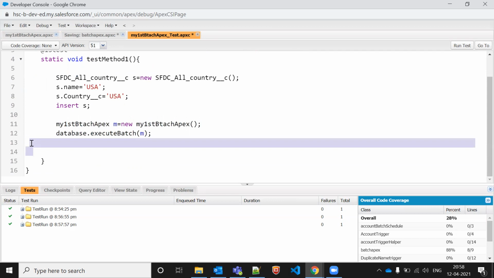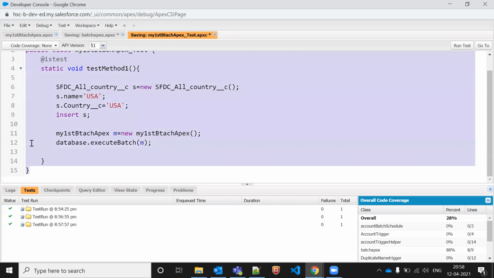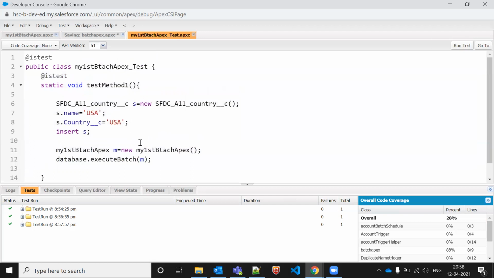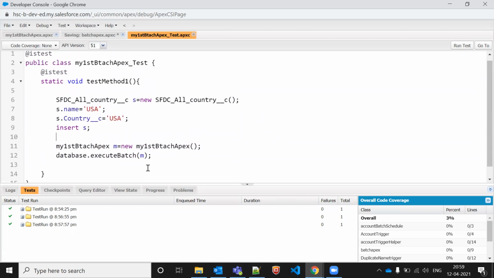So where should I put the start test and stop test in this test class? After line number 10. Line number 10 is stop or start? Start. Okay, where is stop? Stop is line number 12.